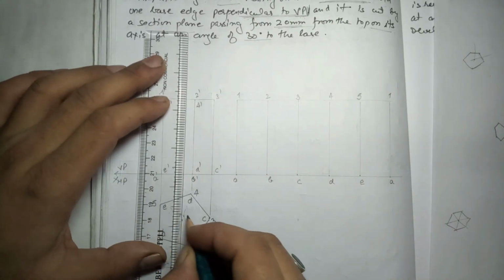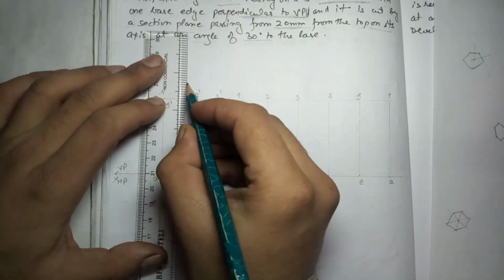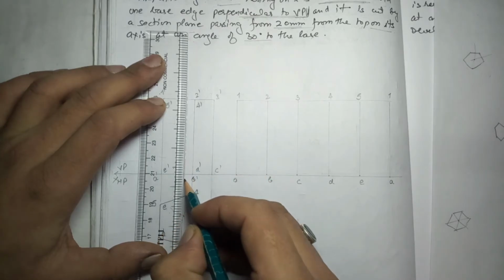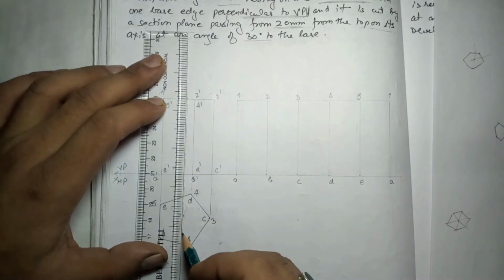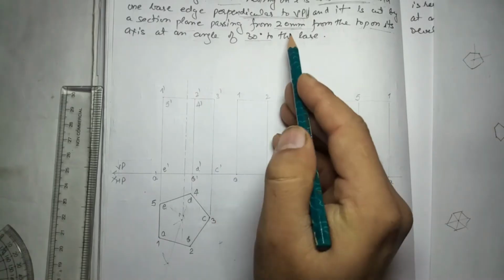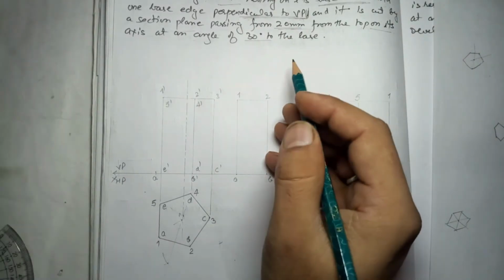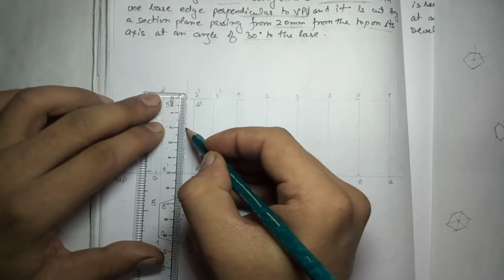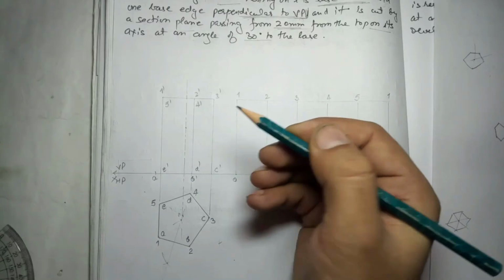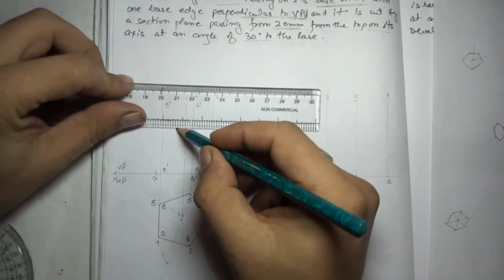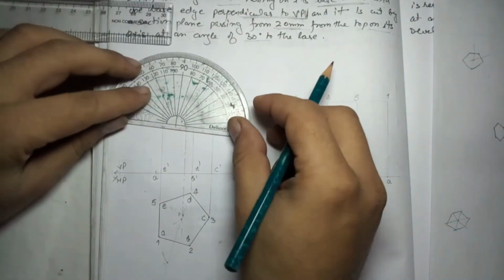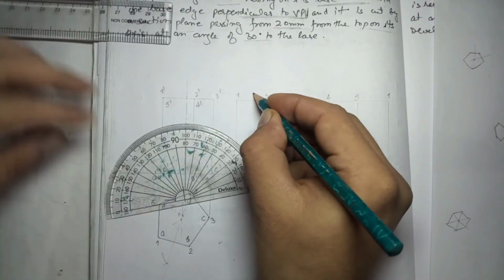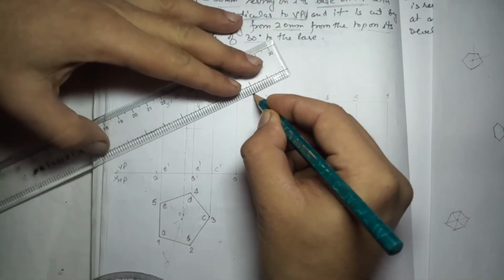So from this point you have to draw the axis. Now we can take one long, one short, just like the center line. So this is the center axis of the prism. Now we have to take on this axis 20 mm from the top. So 20 from the top, and this is the top side. So from this point I'll take 20. I got this point, and angle is given 30. So I will make a small line here, and now 30 angle, just like the previous question I'm doing now, 30 angle. So this is the angle for 30, and now we will draw the section line.